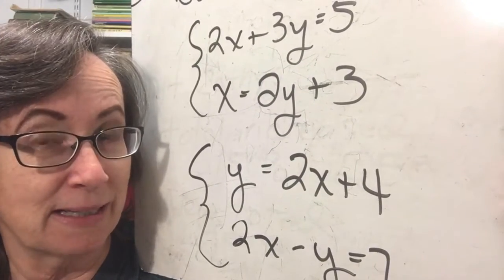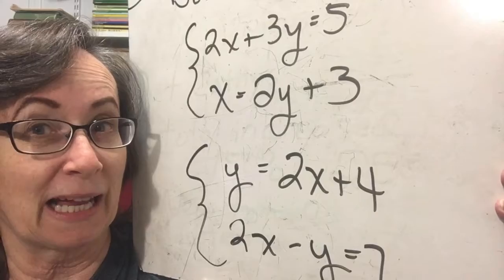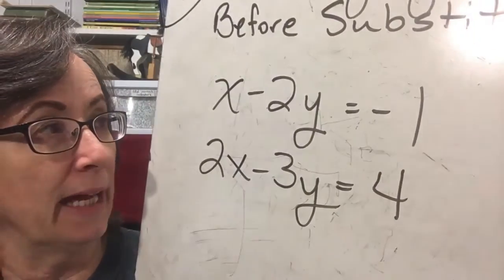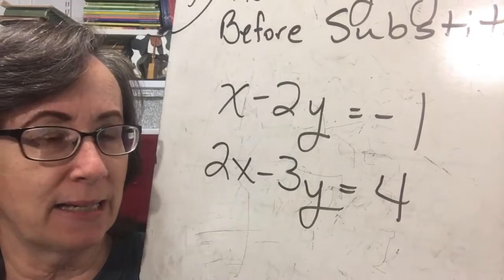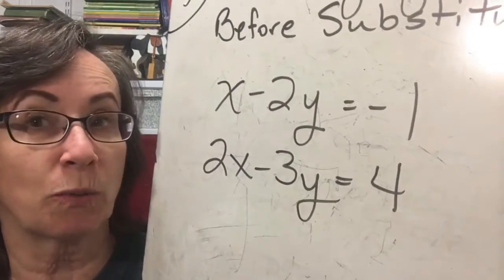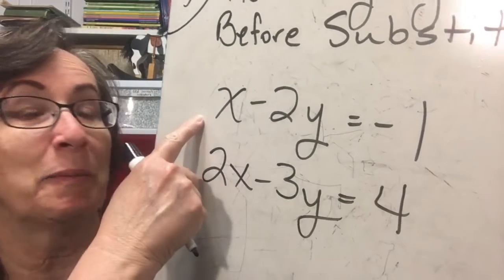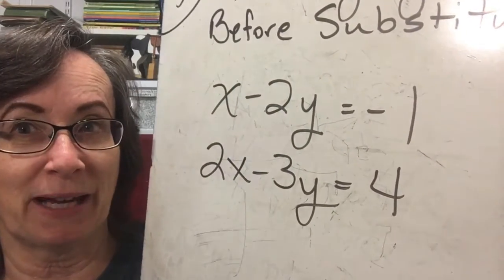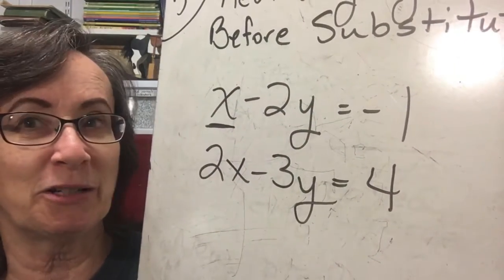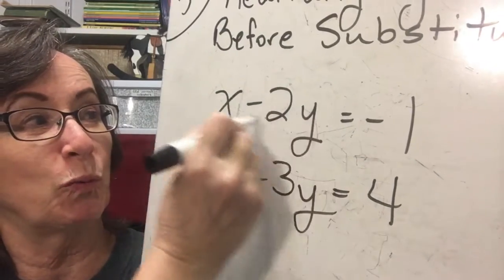However, what happens when we want to use substitution and we don't have the equation already set up for substitution like we do here? Okay, so here's an equation that could be worked another way, a way called elimination, but we're going to use substitution, and it's not really set up for substitution. So what we do is we look for a variable that's all by itself. In other words, it doesn't have anything but a 1 in the front. That's the one we want to make our sub variable. So since I've targeted the one that only has a 1 in the front, I'm going to make that my sub-equation. I'm going to call this my main equation right here,